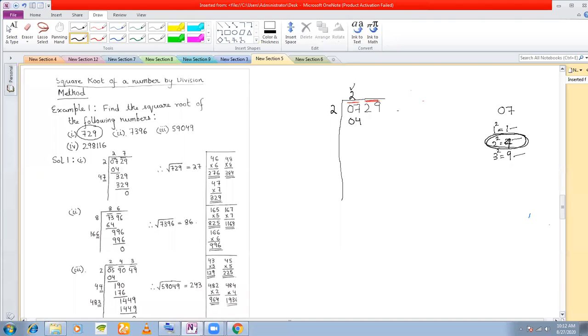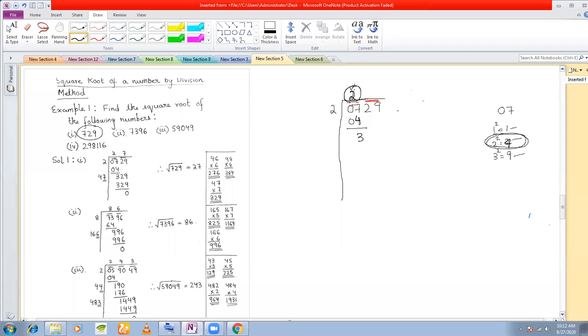Okay, this 2 will be written somewhere in between here, between 0 and 7. So you have written 0, 4, you get 3. Okay, so here you have got 2. Next what you do is you take this number, this 2.